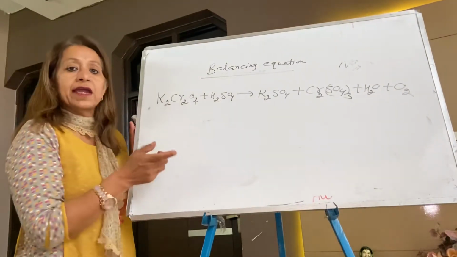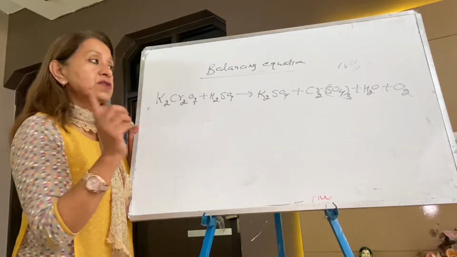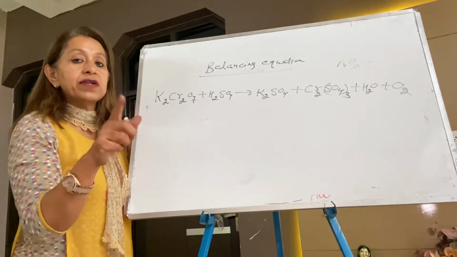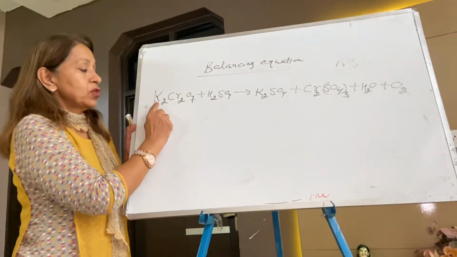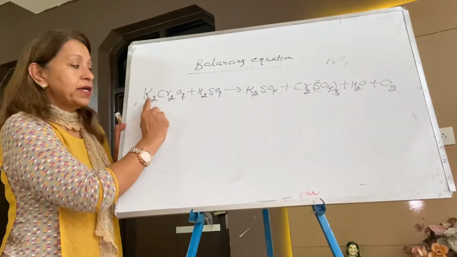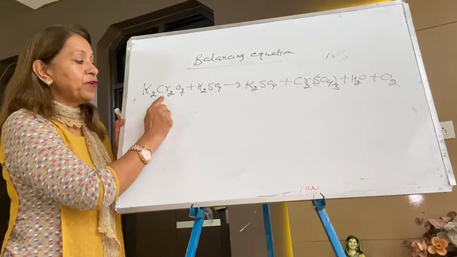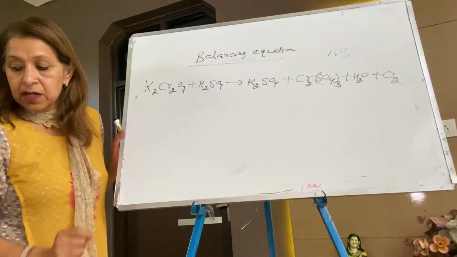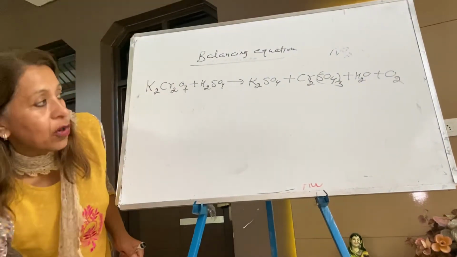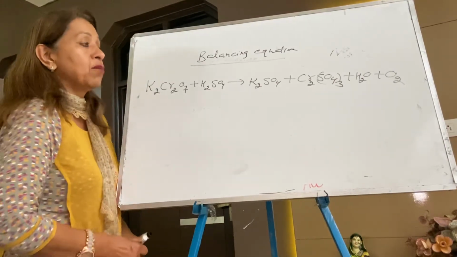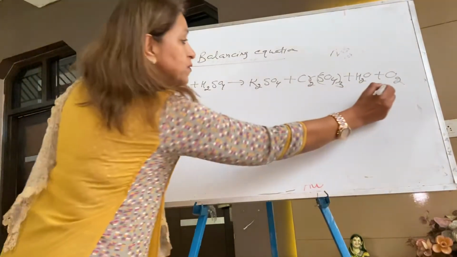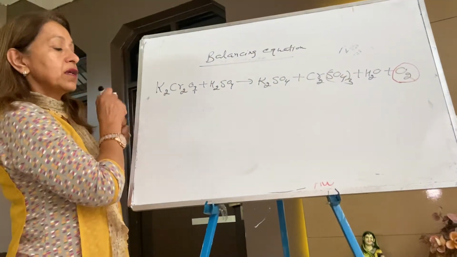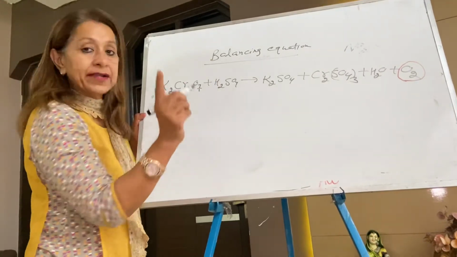to balance. I have told you in my last lectures, whenever you want to balance the equation, first of all find out which one is a simple molecule. So this is not a simple molecule, it is a complex one because it is made up of different atoms. And you can see at the end there is oxygen, and oxygen is what? Mark oxygen as a simple molecule because it is made up of the same atom. Okay, now the first step is to convert the molecule into atom.